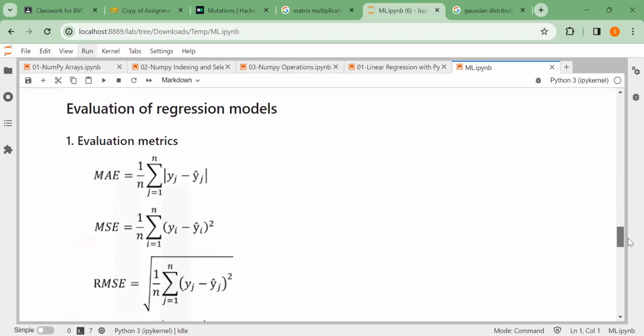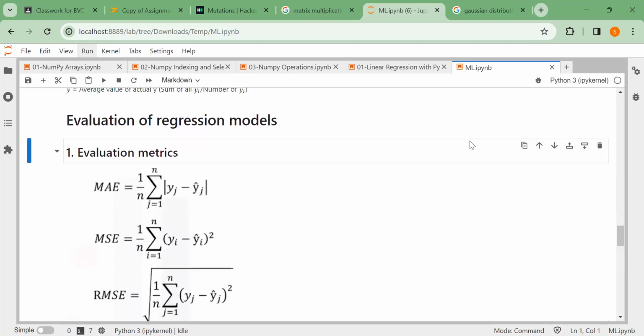Okay, so how do we evaluate the regression model? Once you have got the regression model, how do you evaluate it? Evaluate means how accurately it is giving you the results. As we mentioned before, it is just a prediction. It need not be exactly correct. So how close is it to the exact situation? We can quantify the evaluation by various